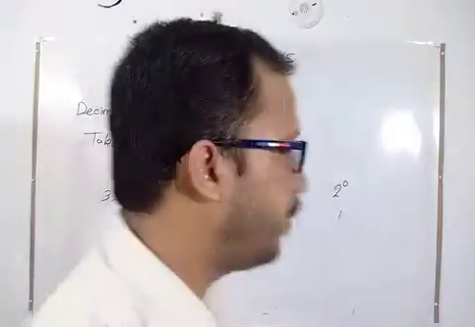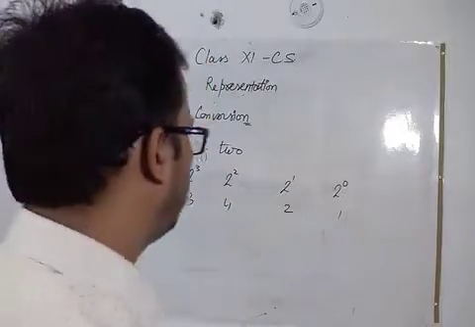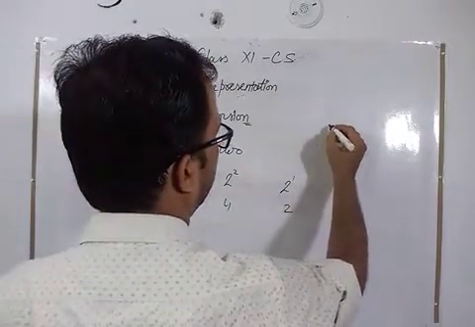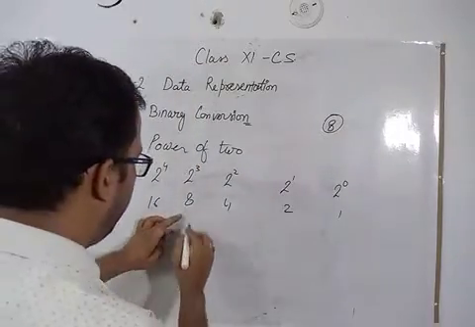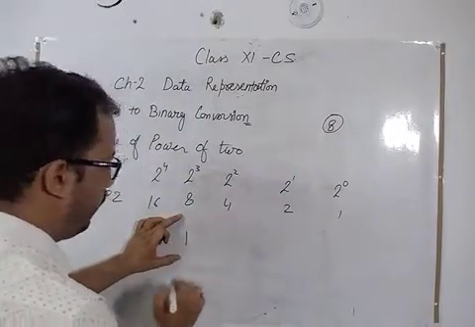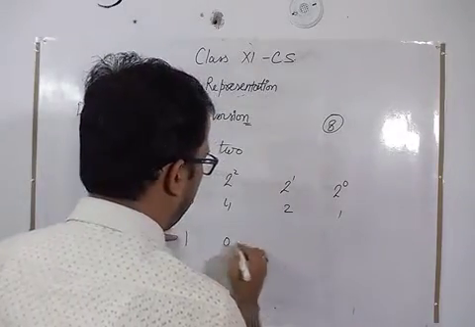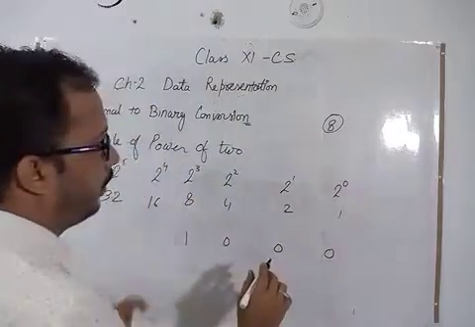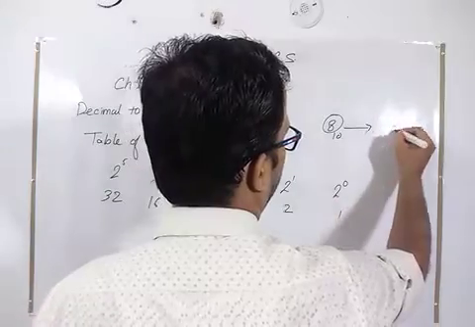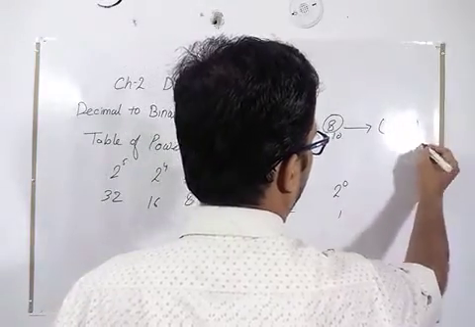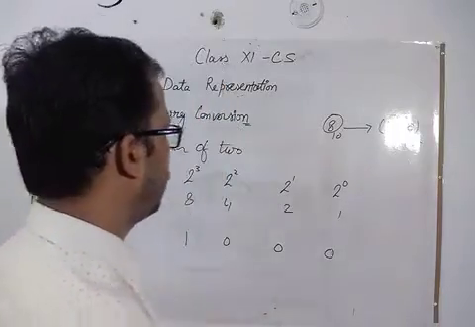So how will we use that method? We want the binary of a number which is 8. So 8 lies in that series. Yes, we want 8, so we put 1 at the place of 8, and the rest are 0. So we have the binary equivalent of 8 as 1 0 0 0. Very simple.